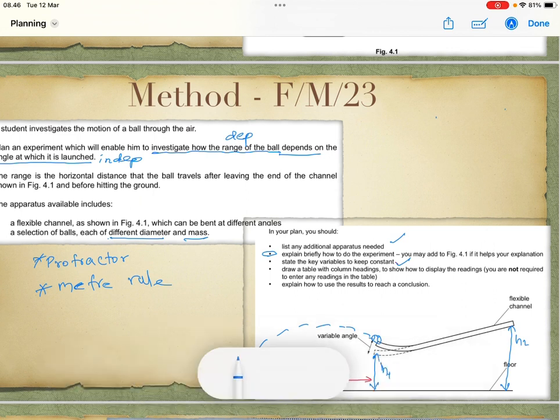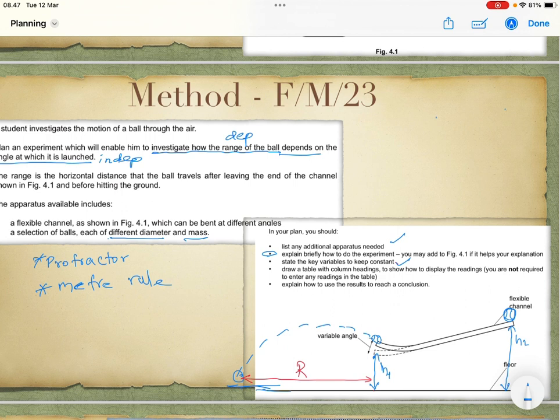Fine. Now let's focus on the method. So how am I going to do this experiment? Like how am I going to advise the student who is going to perform this experiment? What are the suggestions that I make? First thing is that I want the student to keep the ball at the top edge of the channel. Then drop the ball there, or just leave the ball from that point of the channel. Then what happens to the ball? The ball moves through the